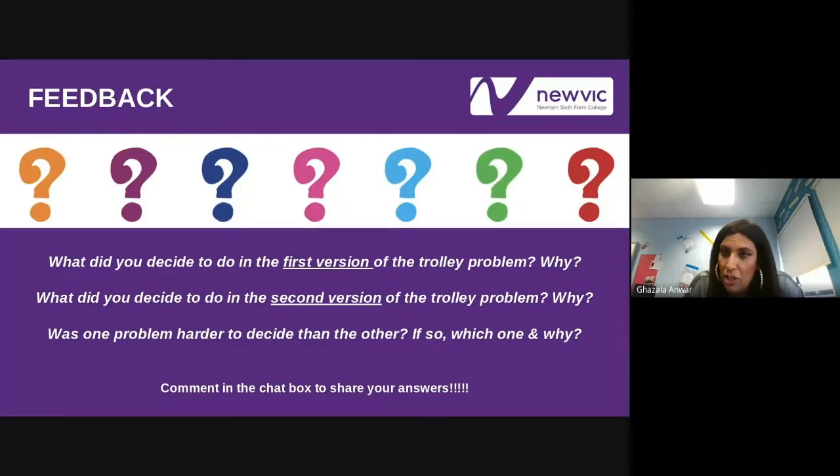Okay, Natalie, you chose to, oh, sorry, all the responses are coming in now. I need to look further up at the chat box here. You chose to save the 5 people. Utilitarianism says that you should do the thing that benefits the most amount of people. Absolutely. If you look at situation ethics, the answer could be different. That's really interesting.